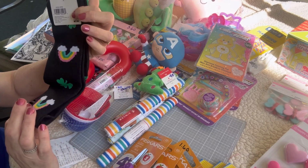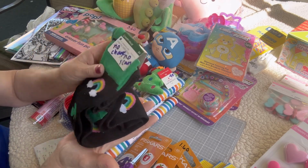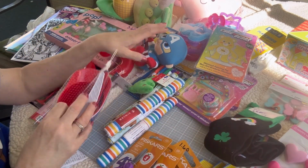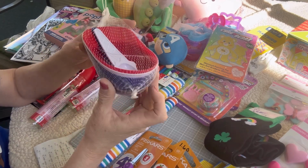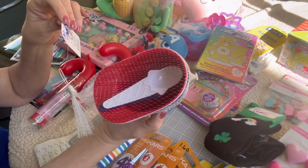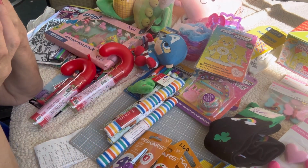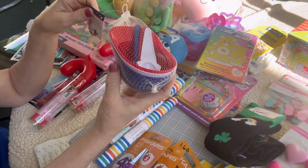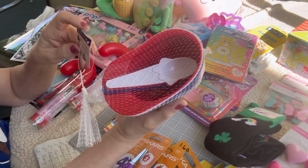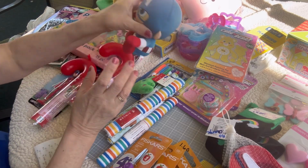These socks, these St. Patrick's Day themed socks, I think they should have been 80 cents, but they were not on my receipt. So I did not pay anything for those socks. And also these ice cream cups and spoons in the shape of baseball cap helmets. There's 3 in a pack here, and these were regularly $6.99. I think they should have been about, I don't know, over $1, but I ended up not paying anything for these. They just were not on my receipt, but the clerk did put them in my bag. And then the last item I didn't pay for